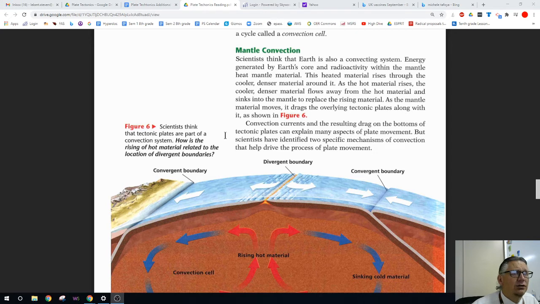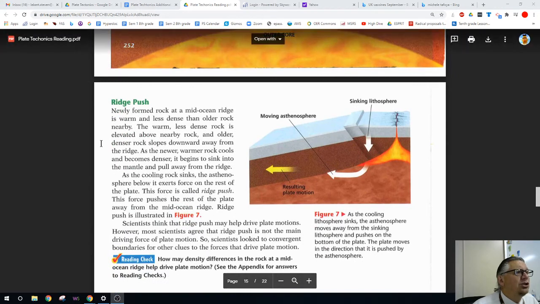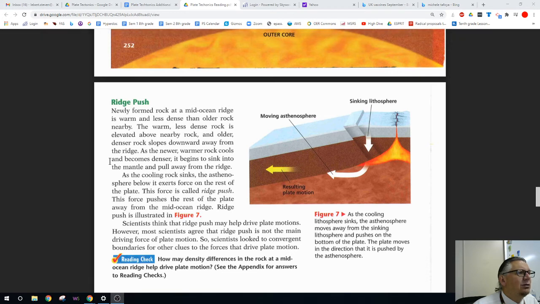Convection currents and the resulting drag on the bottom of the tectonic plates can explain many aspects of this movement, but scientists have identified two mechanisms of the convection that help the process of plate movement. Ridge push. Newly formed rock at the mid-ocean ridge is warm and less dense than the older rock nearby. The warm, less dense rock is elevated above the older rock, and the older, denser rock slopes downward away from the ridge. As the newer, warmer rock cools and becomes denser, it begins to sink into the mantle and pull away